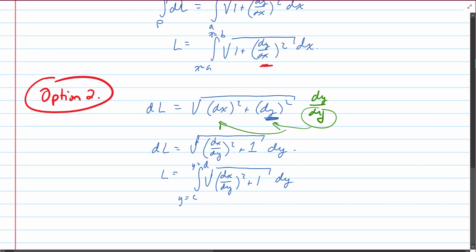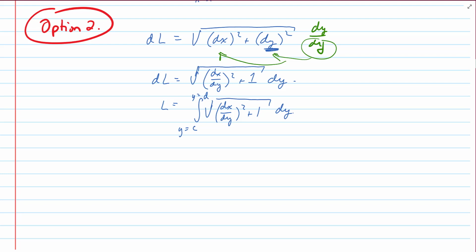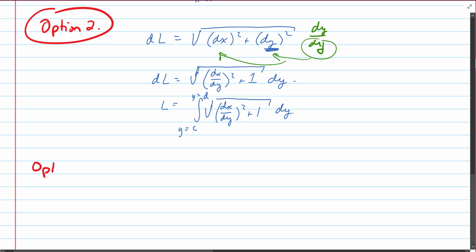Okay, so these are the 2 viewpoints of arc length that are usually presented in Calc 2. And then sometimes this is encountered in Calc 2, sometimes it's encountered in Calc 3. It doesn't really matter. The next way to visualize this or to think about this is to take that parameterization that I was talking about. So for option 3,